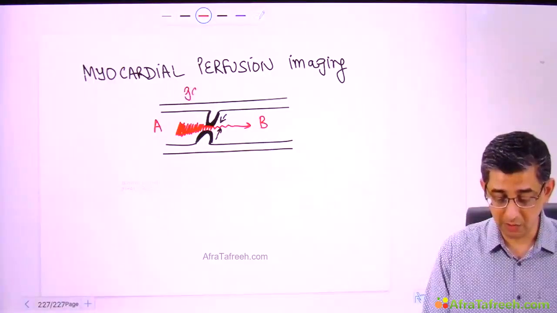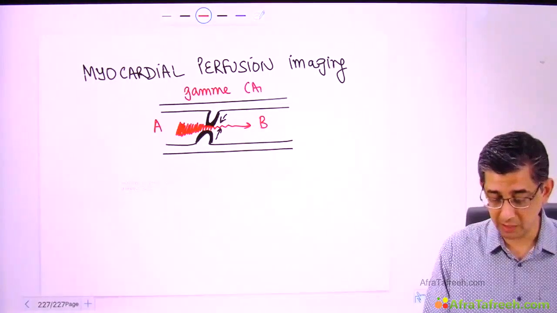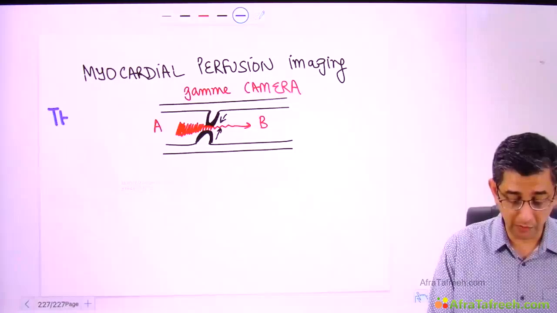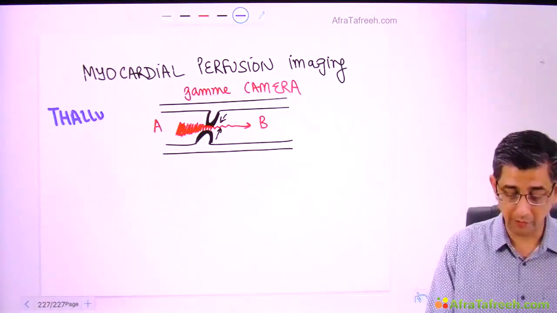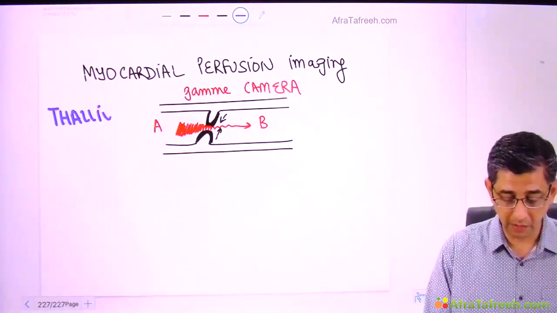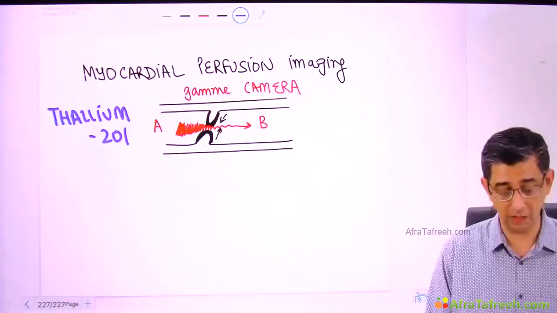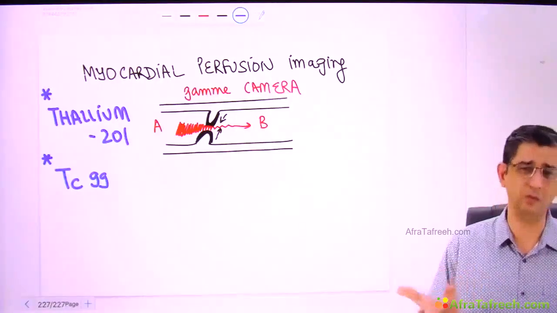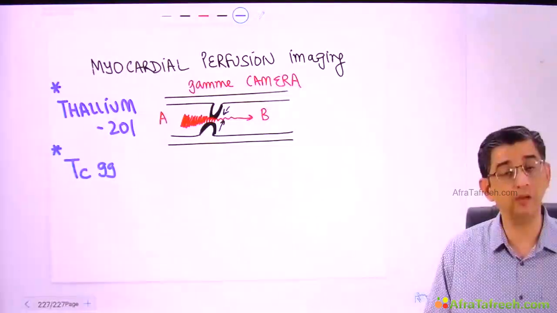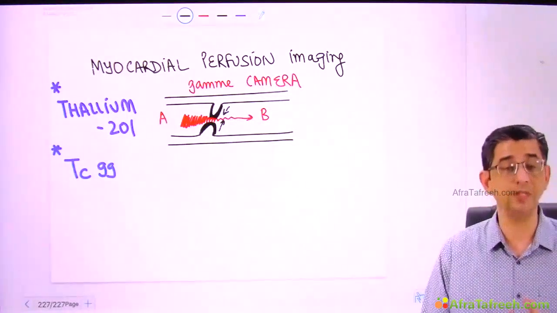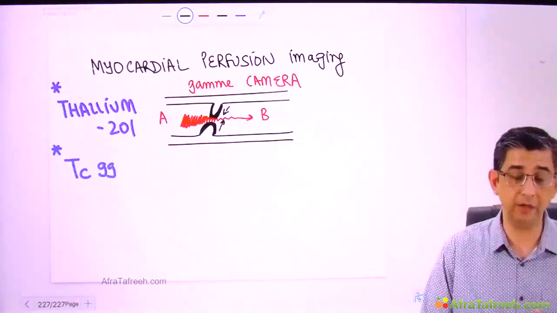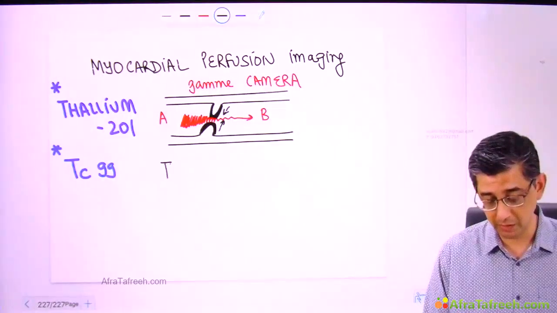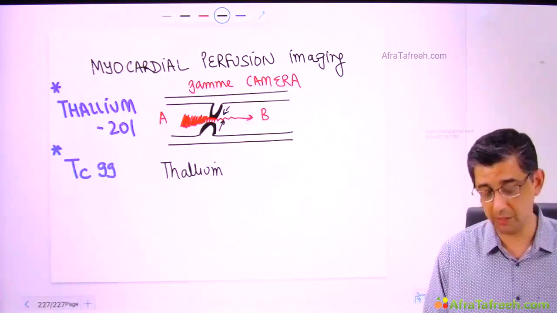So what we are going to use here is a gamma camera that will scan the heart of this person and pick up the differential flow, because you are going to give a radioactive tracer: either we can use thallium-201 or we can use technetium-99. Obviously stress will be given pharmacologically to the patient, or he can walk on the treadmill also. If you use these nuclear scans, you can have a relatively better diagnostic yield, and a lot of the time in multiple choice questions the terms used will be either thallium scan or sestamibi scan.